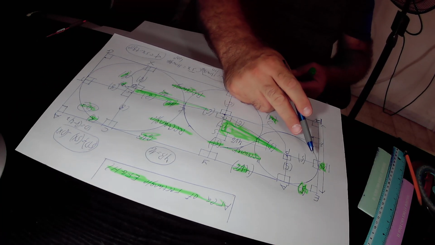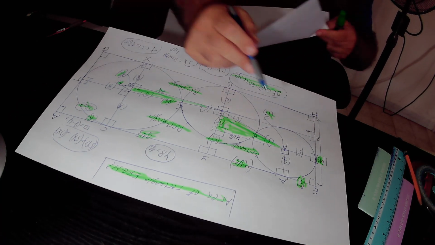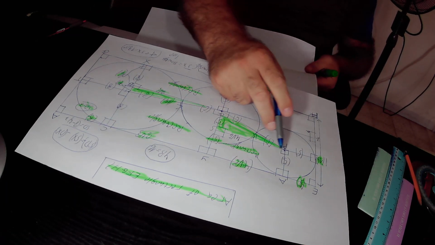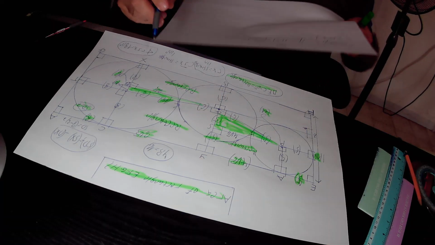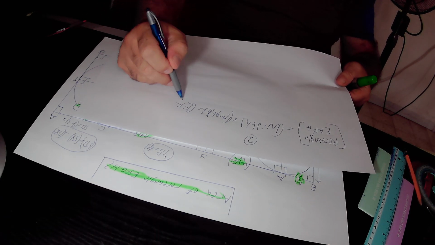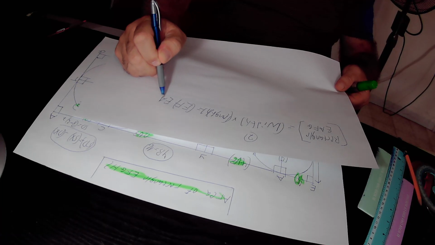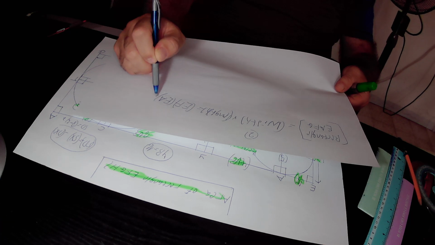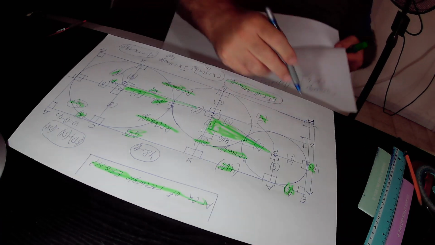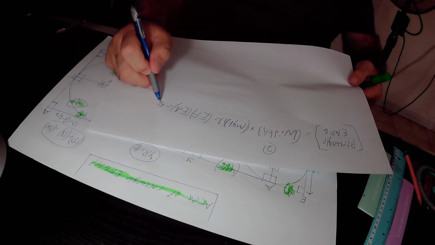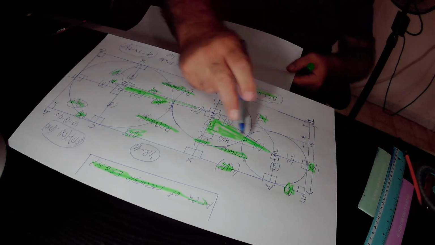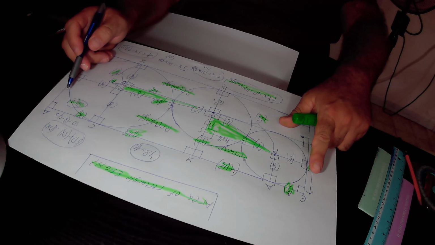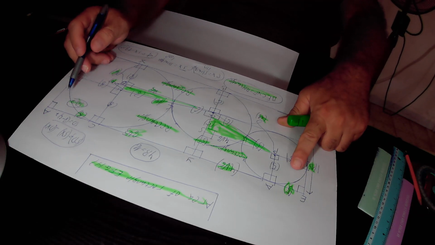The width is EF, and the length is EA. So EF times EA is the area of rectangle EAFG. The width EF is 16, and the length EA equals 5